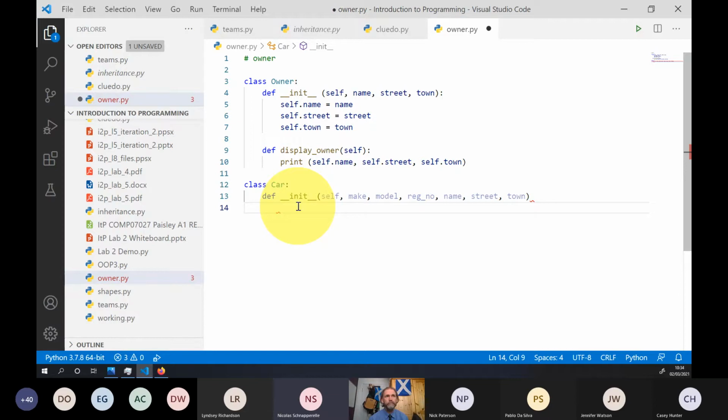Owner's blood type, maybe. Hmm? The owner's blood type, you know, phone number, address, credit card details. Do me a favour, Nicholas, when you're doing your version and handing it in, can you hard code that in? Give me your name, address, credit card number, date of birth, mother's maiden name.